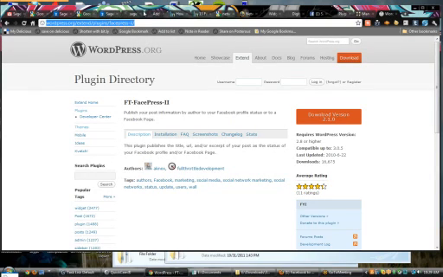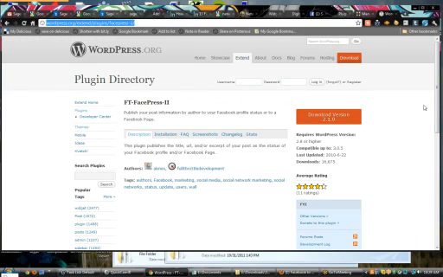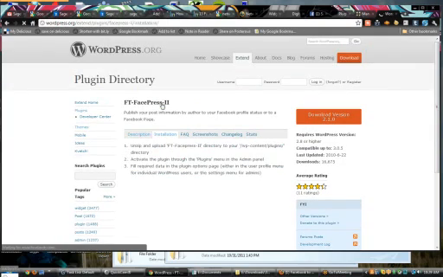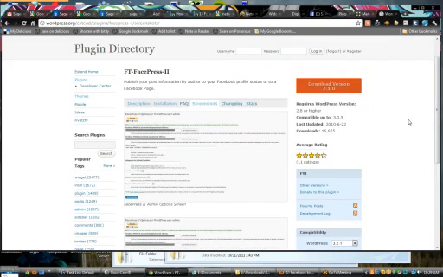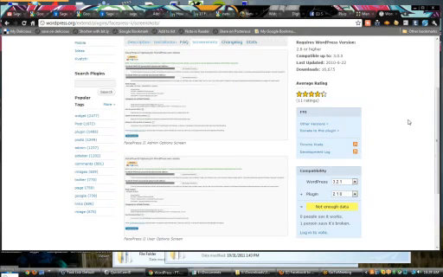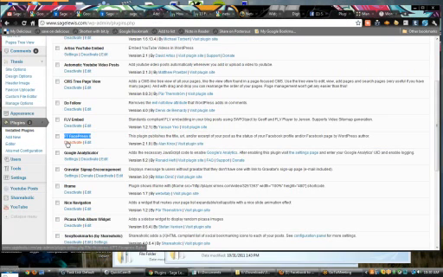All right. So you can see here that it's this plugin, and I'll put a link to this as well. It says, publish your post information by author to your Facebook profile status and so on. So the installation is this: you upload it and so on, and then you can see some screenshots, and this works quite well. Let's see if I can show you then. Here, if you go to your settings,